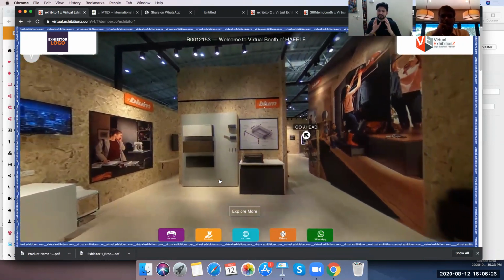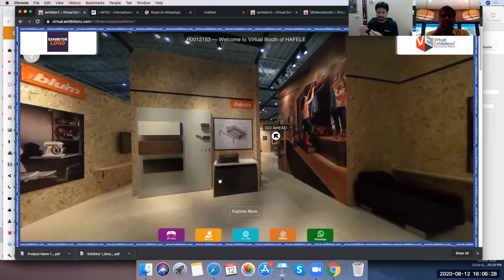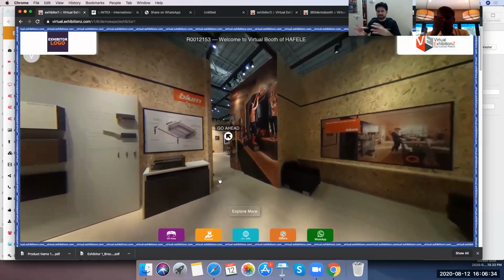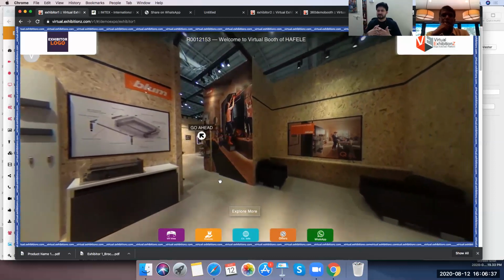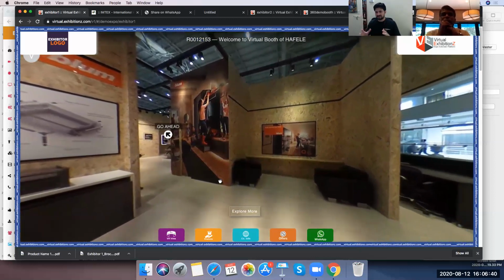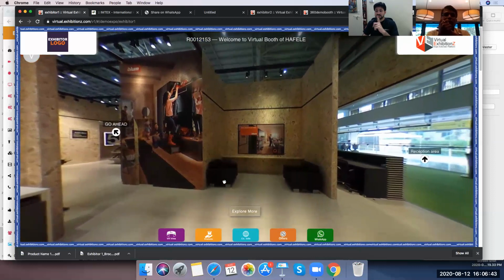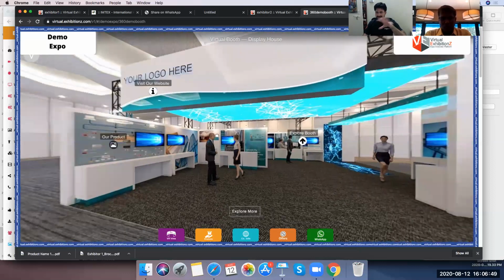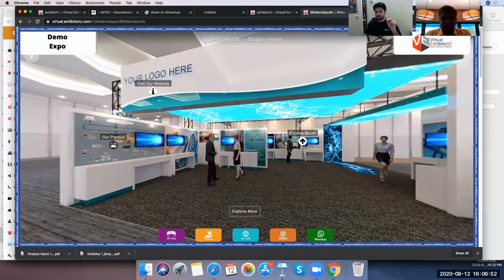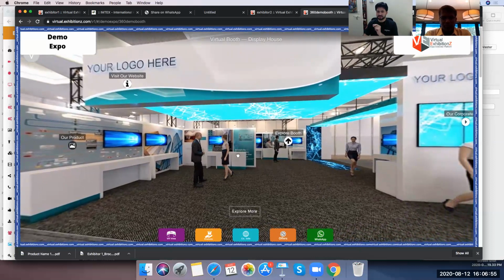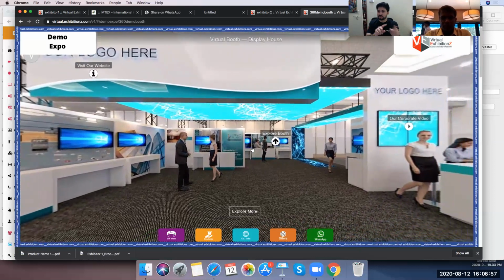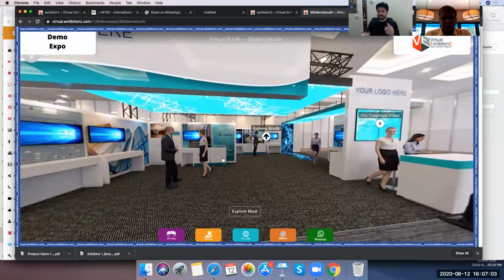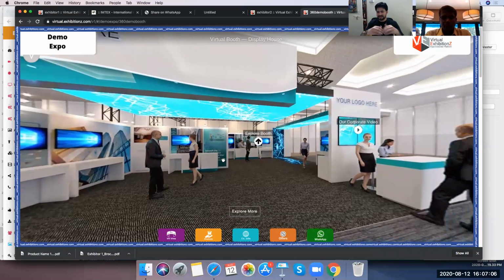So that's the value for all 3 years. You could also have a version where you want to test a few elements or a few industrial types. For them you first host a digital exhibition, try and see how many people are coming in, and you can also ask them. Another beauty of it, sir, is that this 3D booth that I'm showing you: each and every booth designer who is designing booths for the exhibitor has to submit a 3D design of the booth to the exhibitor. We have given the same facility so that he can use that design and participate in this.